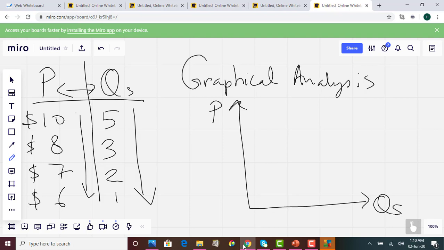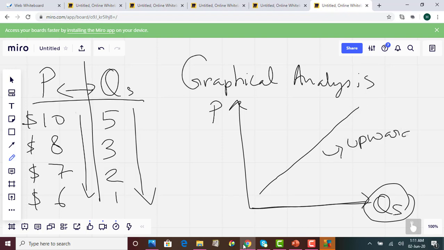So you need to understand that quantity will always be on the x-axis, price will always be on the y-axis. On the same axis we can draw the demand and supply curve, but in that case always the quantity will be on the x-axis and the price will be on the y-axis. Now based on the graph and the law of supply, supply curves are upward sloping. Remember, demand curves are downward sloping, supply curves are always going to be upward sloping because of the positive relationship between